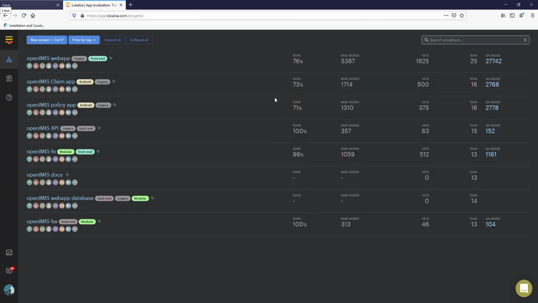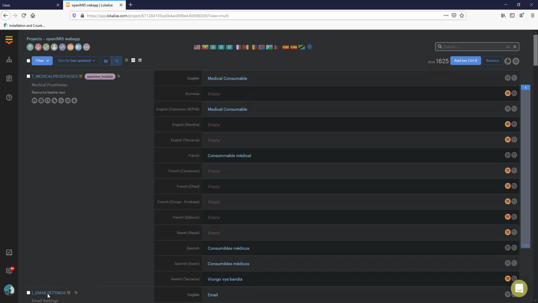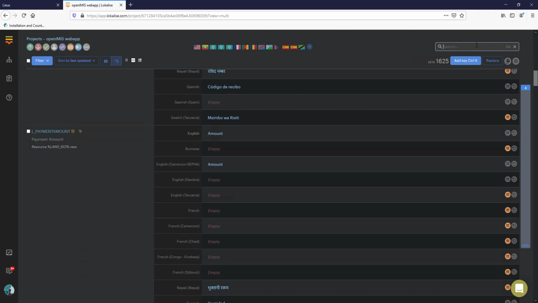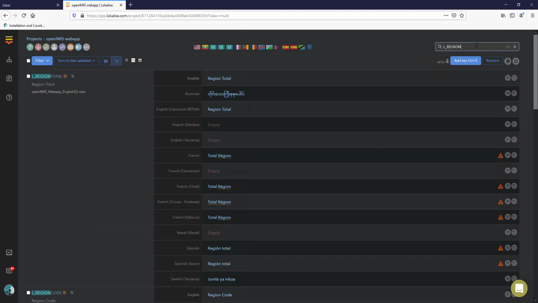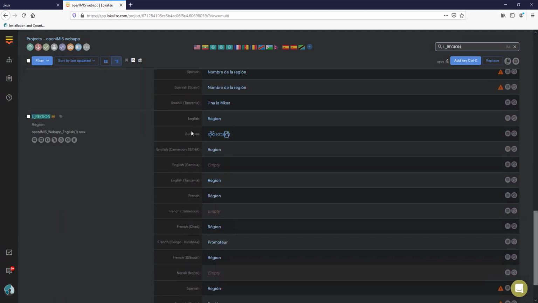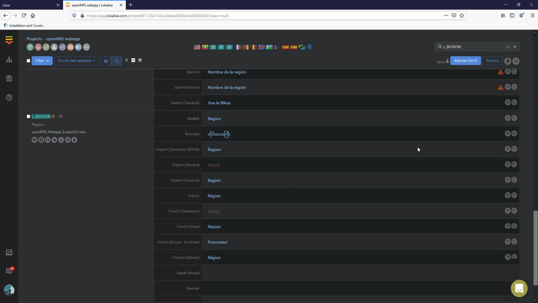In Localized, we are managing the translation for all OpenIMI's components. If we look at the OpenIMI's web app project, we have access to all keywords we saw in the resource files. Let us search the L region label. For each term, we can see the available languages. In our case, we are looking at English and French terminology. To edit a translation, click on it. The platform is also proposing translation that can be used. To add new translation keys, just press Add Key button.